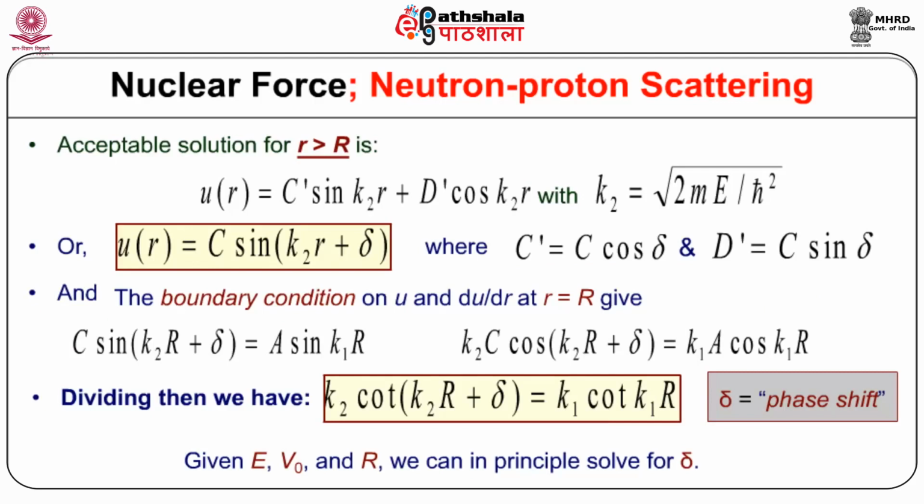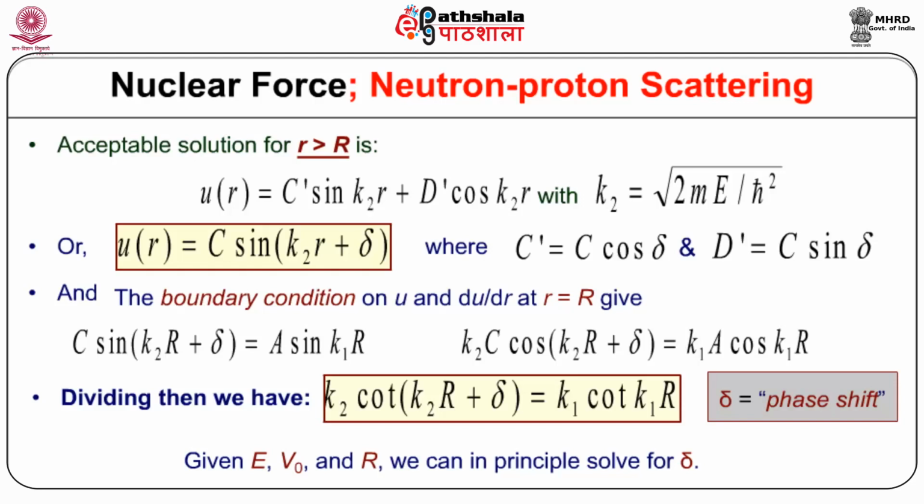For the region outside the nucleus, that is r greater than R, the acceptable solution is u of r equal to C' sine K2 r plus D' cos K2 r, with K2 equal to the square root of 2mE over h bar squared, or u of r equal to C sine (K2 r plus delta), where C' is equal to C cos delta